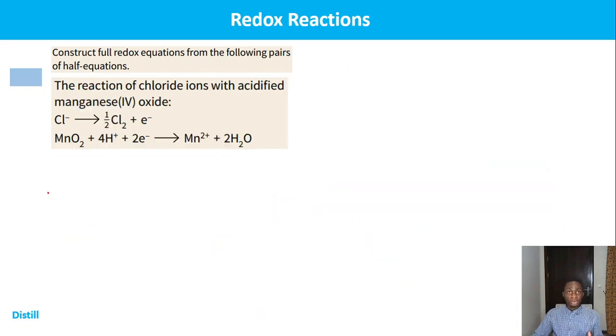Next question, how do we do this? We have to write out the 2 half equations. So we have Cl minus